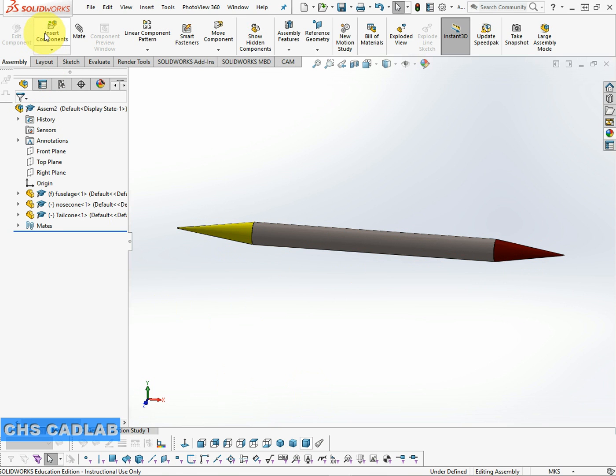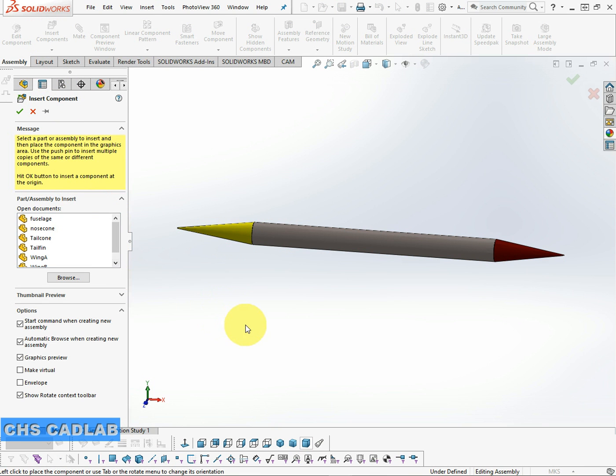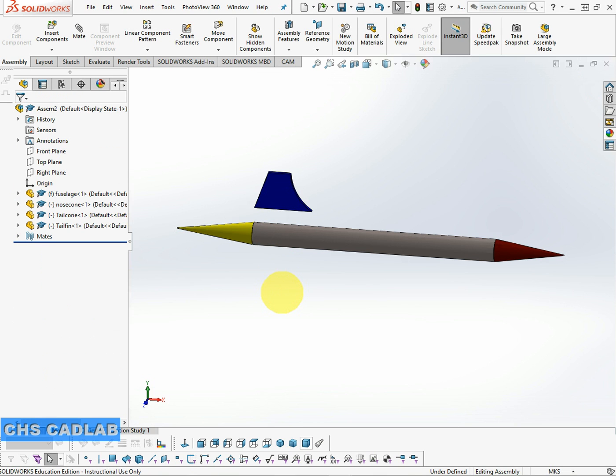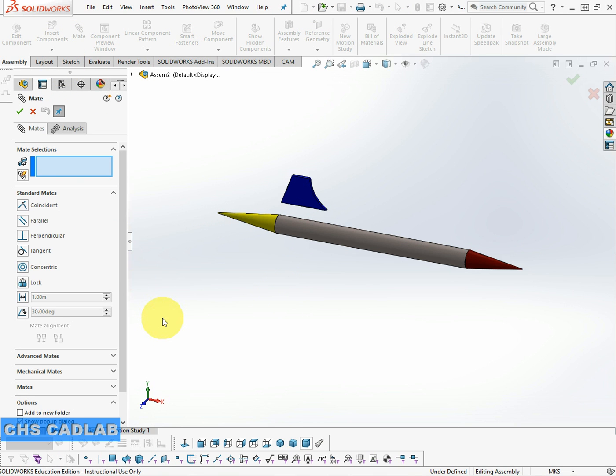So now again, we're going to click the insert components, and this time I'm going to choose the tail fin. And again, I'm just going to move it kind of where it should be in relation to the rest of the aircraft. So I click, and now I'm ready to mate it. So I'm going to click the mate button, and I want to expand this little drop down here. You'll notice there's a little triangle next to the word assembly 2, and here is a list of all of my